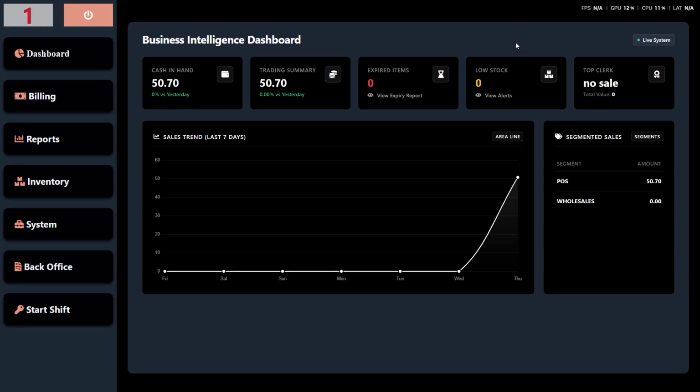And also the next card we have over here is stock clerk. If you have 5 cashiers, counters in your business outlet,